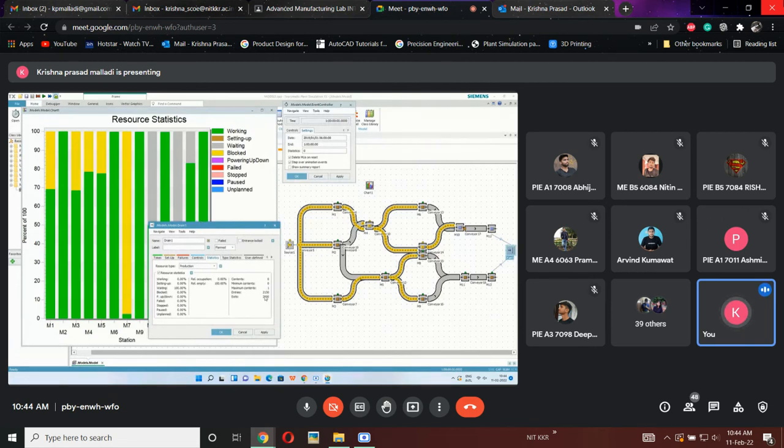Try to increase this. Instead of 2150, try to increase the number. Even if it is 2200, it is acceptable. Why? Because you have increased production by 50 parts per day. That will give some boost to the industry. If you have managed to get 2250 or 2300 or more than this,